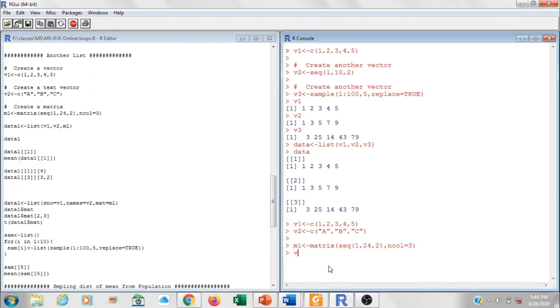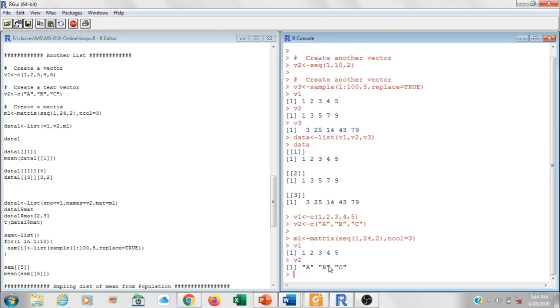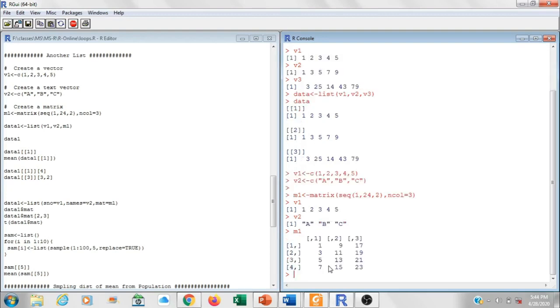Now let's see, V1 is a simple vector of numbers, V2 was the string vector or text vector, and M1 was the matrix of dimension 4 by 3, as you can see here. So now let's combine these different types of elements into a list by the name data1.